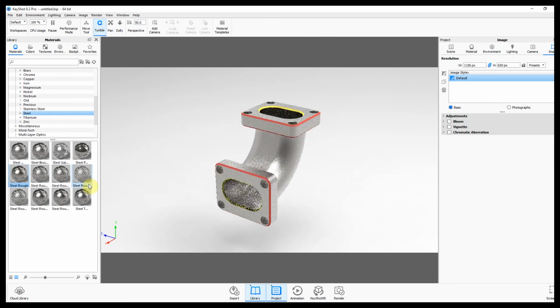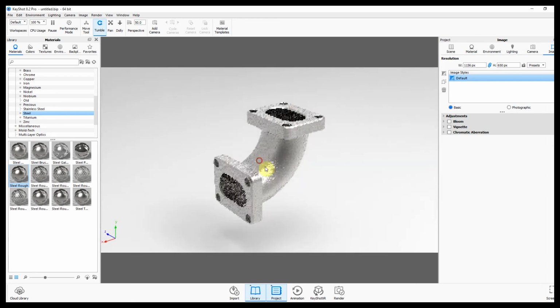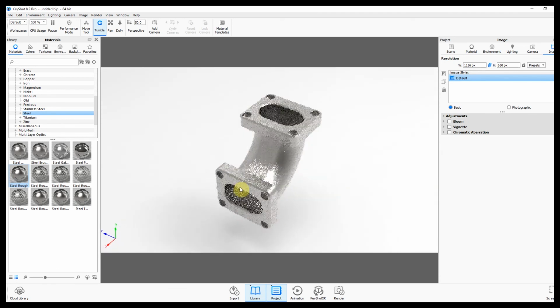Actually this is the right color for our model. See now how the model looks.